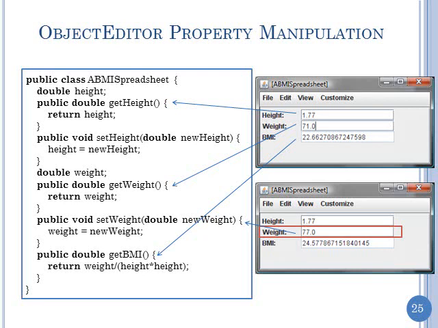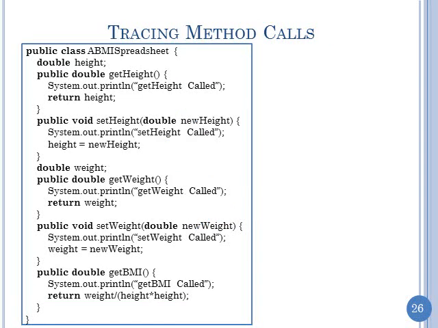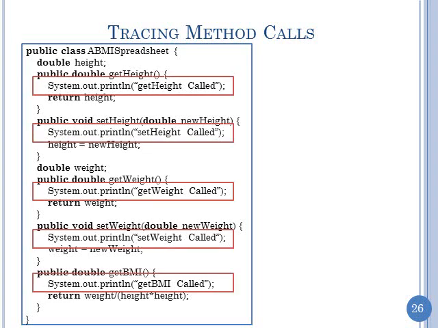So this is saying when weight is changed, it calls set weight, and then that calls get height, get weight, and get BMI to refresh. I just said in graphics what I said earlier. And let's verify this. So now I just put these print lines: set height called, get weight called, set weight called, and get BMI called. Okay? And these are tracing the methods. These are just